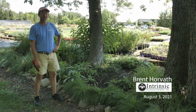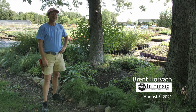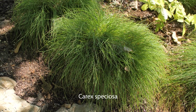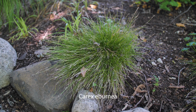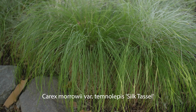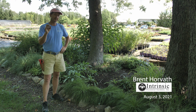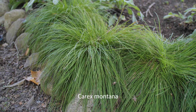Today we're looking at the dry shade garden end of things at Intrinsic Perennial Gardens, and the Carex are really stealing the show. We have Carex speciosa on that end blending into Carex eburnea under the silver maples, which are shallow rooted and stealing lots of moisture. Then we have Carex morrowii 'Temnolepis', which is an extra long and thin blade, either green or variegated. Then we blend into Carex montana, and then behind me even more